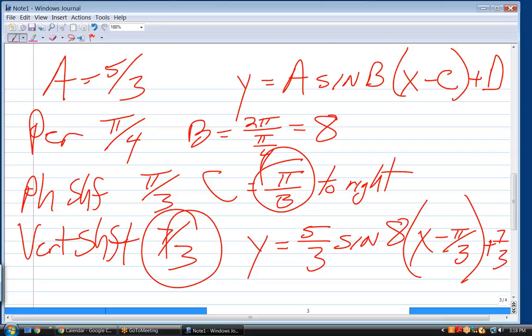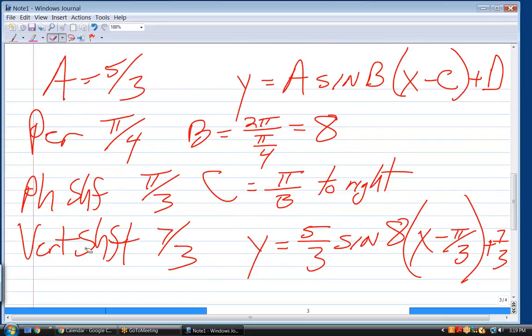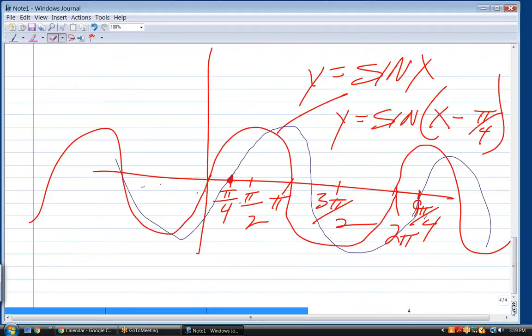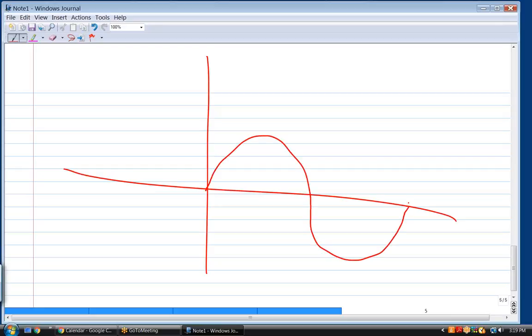Now, when you're dealing with sinusoidal functions, this is a hard topic. We're not going to cover this in one session. You need to be able to go both ways. In other words, if I give you these 4 parameters, you need to be able to come up with the proper equation. But also the other way around. If I give you a curve and I say, tell me the sinusoid function that corresponds to that curve,